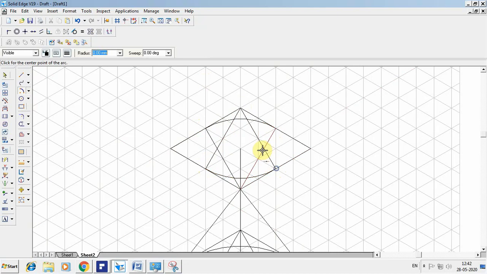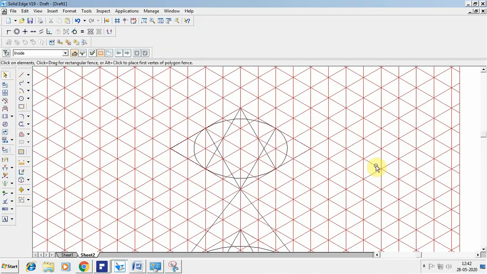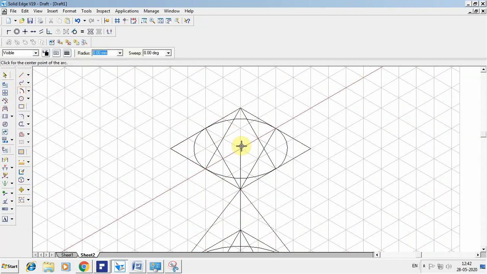Draw the arc. Similarly, this intersection point. This is the center and the radius. Again, this is the center. This is the radius I want to create. So once you've done this, the hemisphere, you should have a circumference at the bottom. So arc by center point. You can take this as center and this as the radius. Construct the arc at the bottom.